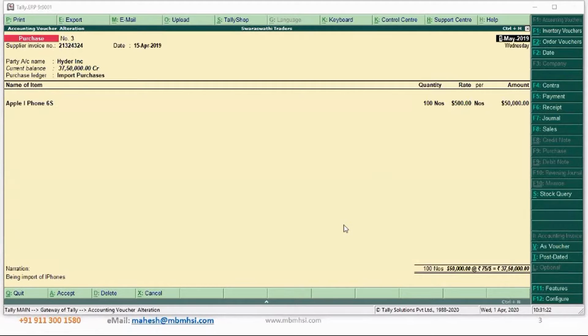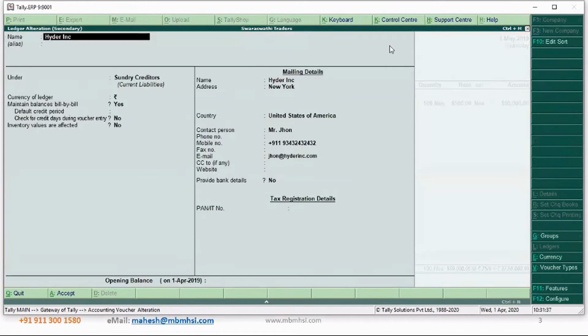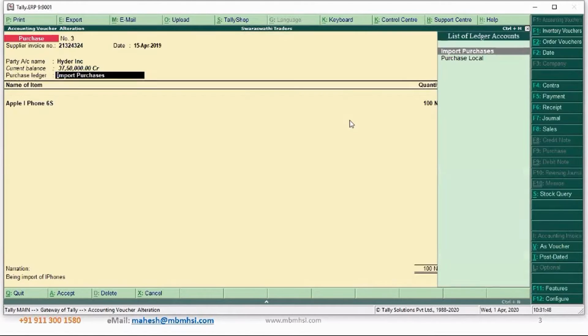So I'm taking you through it once again for you to understand how this transaction is done. You need to know, it is a little tricky, where you need to give the exchange rates. Select the party. The first thing is, in the party you need to specify which country. That is very important, specifying the country of the party. Then have a separate ledger for your purchases of imports.